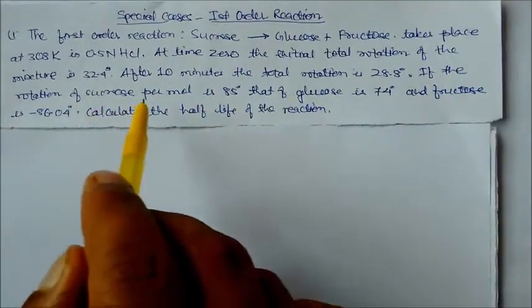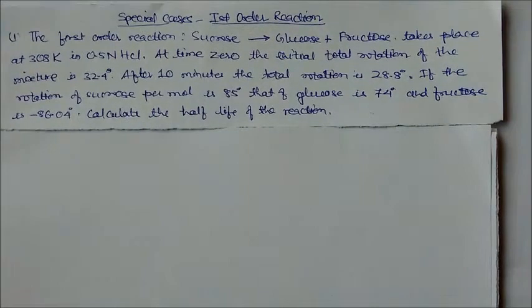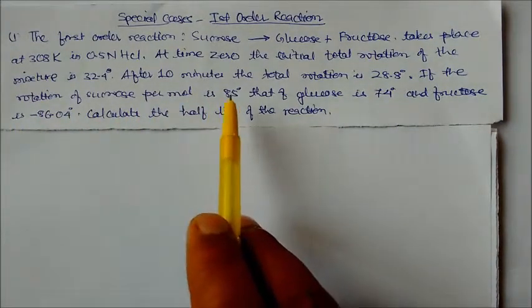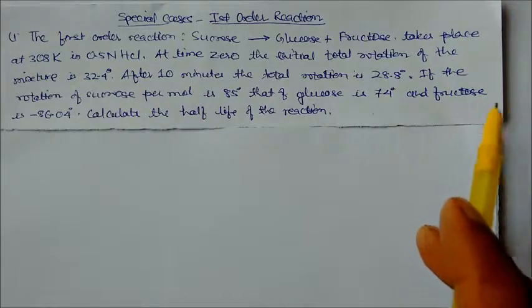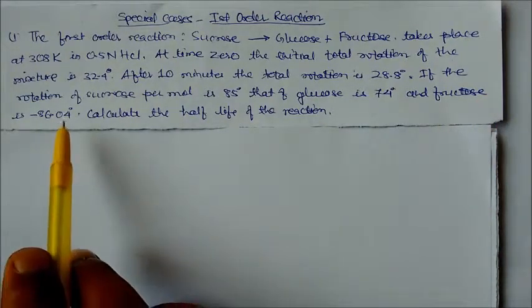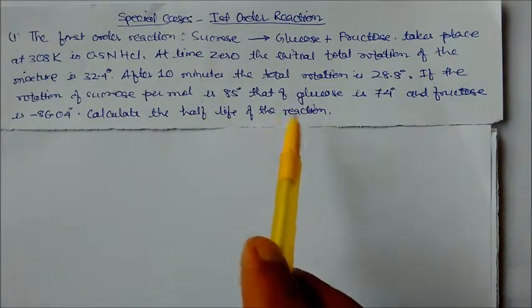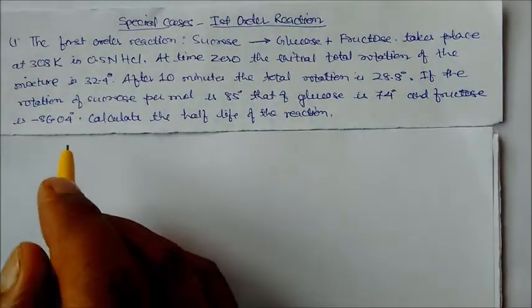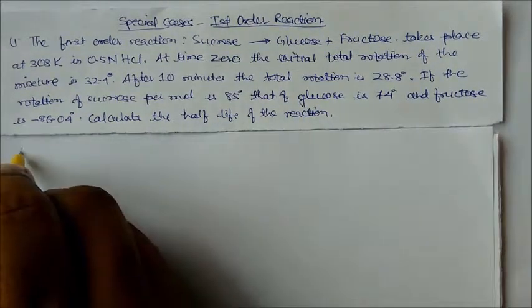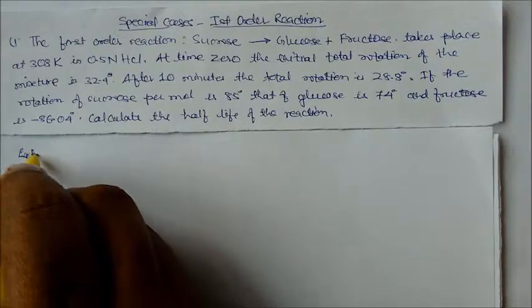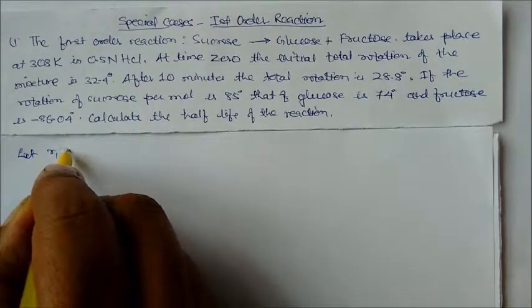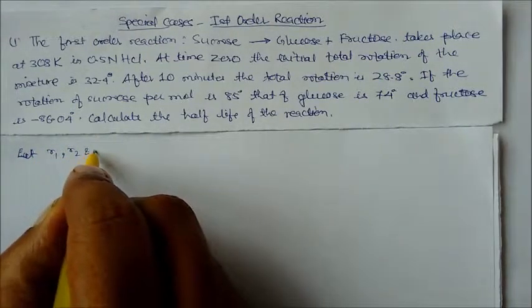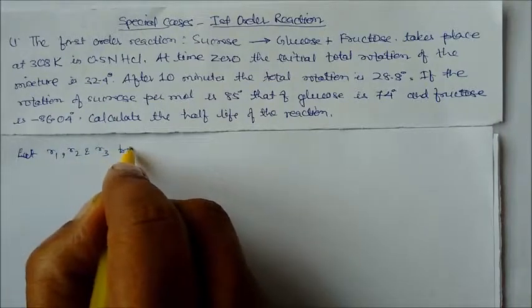If the rotation of sucrose per mole is 85 degree, that of glucose is 74 degree, and fructose is minus 86.04 degree, calculate the half-life of the reaction. So here we write, let R1, R2 and R3 be the rotation